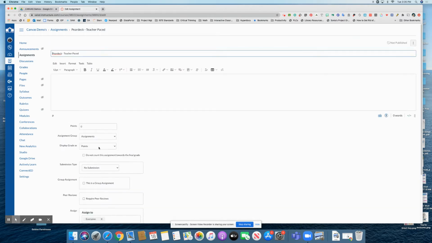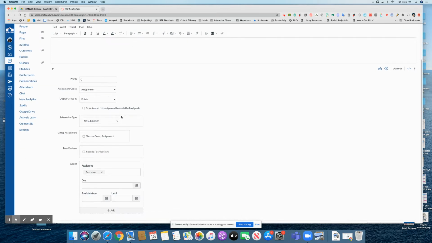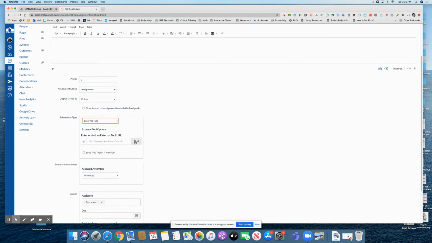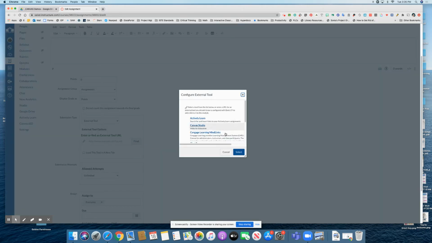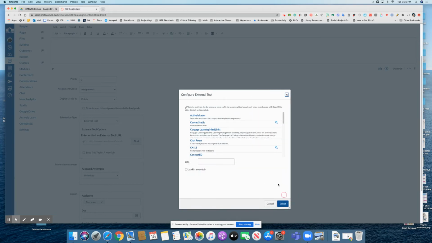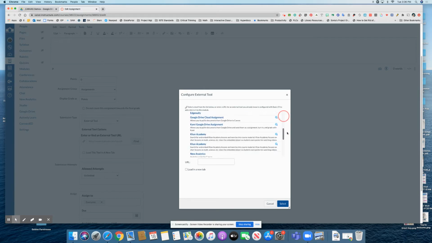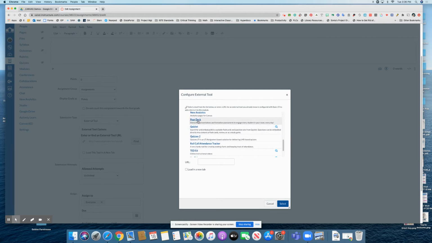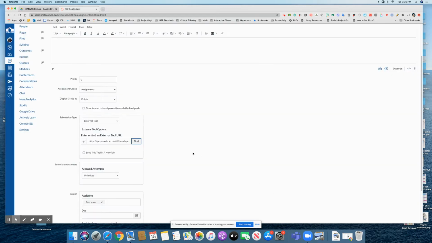And for now, I am not going to mess with any of this up here at the top. You may want to add some instructions, but I'm going to go straight down into submission type. And we're going to use external tool and click the find button. Here, you may have to expand this window so that you can see all of the external tools that are available to you. And we will choose Pear Deck. Notice it has placed the URL right inside the box already. Click select,